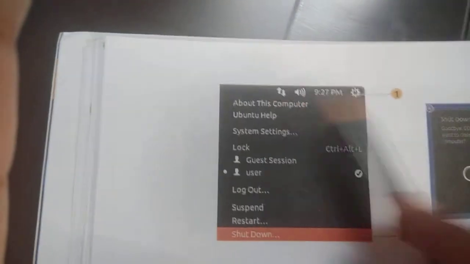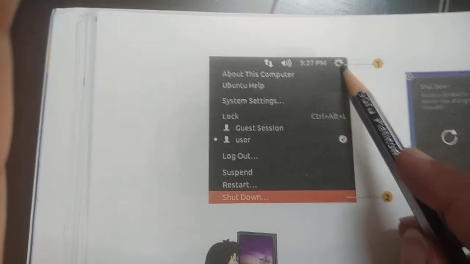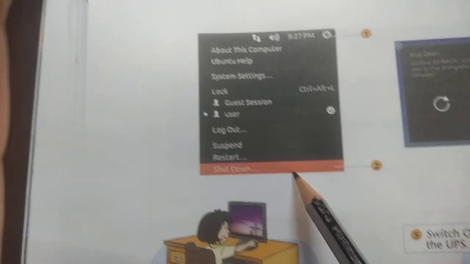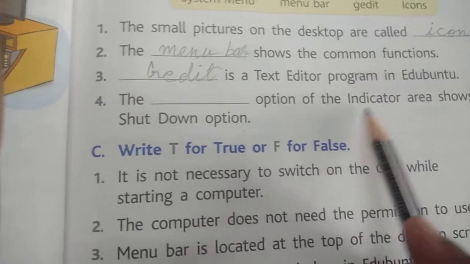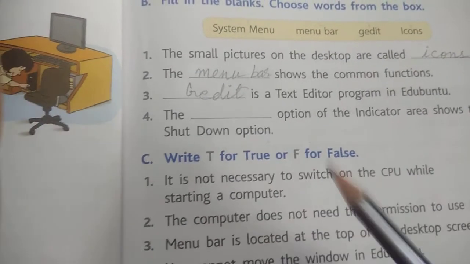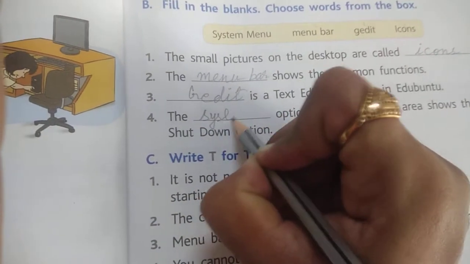This is your indicator area. Here it is your system menu. When you click on the system menu, the options come here, and the last one is the shutdown option. So in your question it is given: dash option of the indicator area shows the shutdown option. Which option are we using? System menu. So write down here system